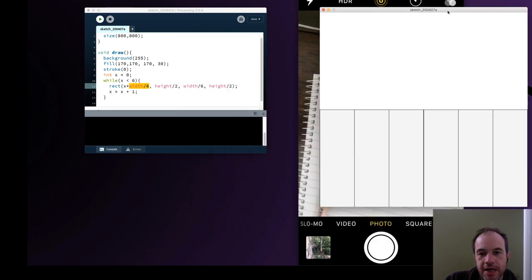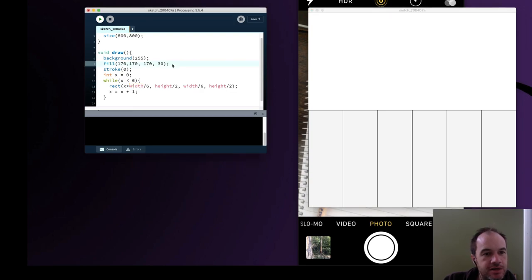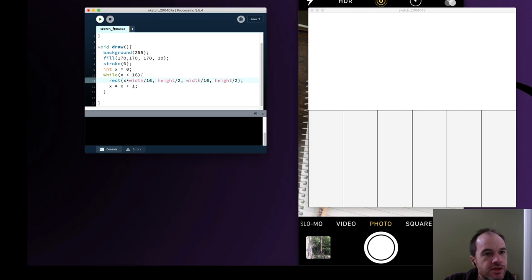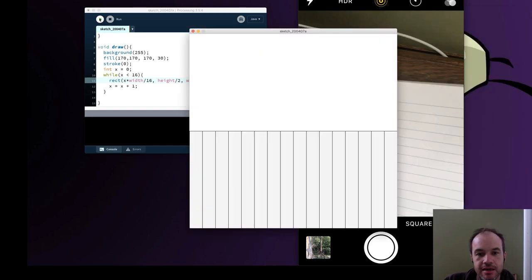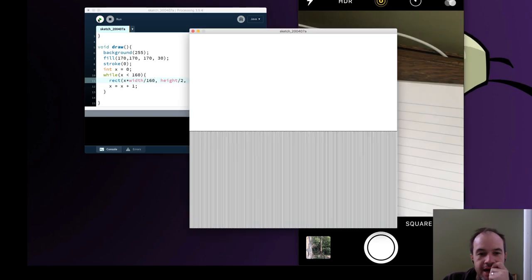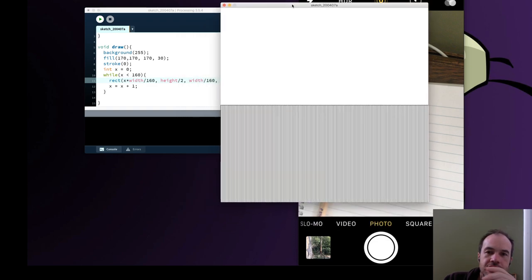Yeah? And the very cool thing about this is that there's a single number in this program that's controlling exactly how many are being drawn. It's that number 6. So if I adjust that in a couple of places, I've got to adjust it in 3 places here to something much bigger, then I can run the program again and just get a much more complicated one that would have been very hard to write myself because I would have had to do 16 different lines. And let's go really crazy. And now I've got a version that I would have had to write 160 different lines to do. So even though this program is not dynamic, it's always drawing the exact same thing,